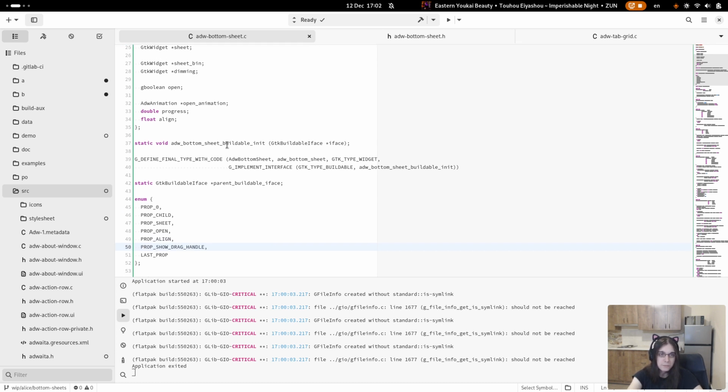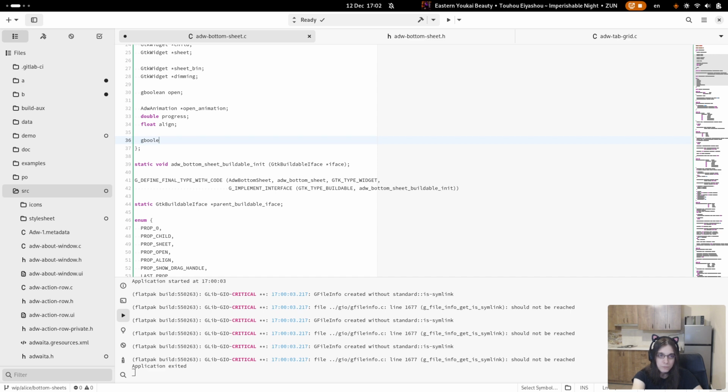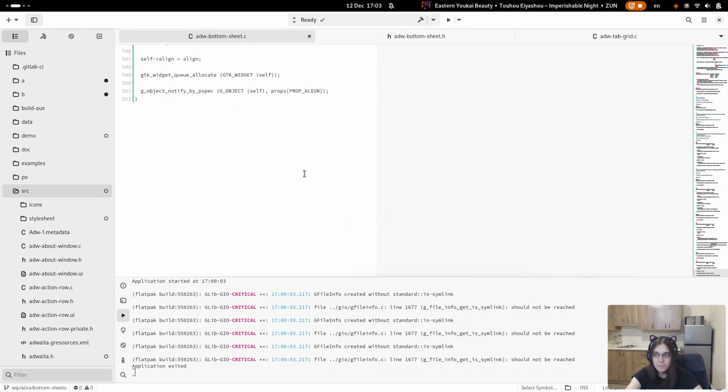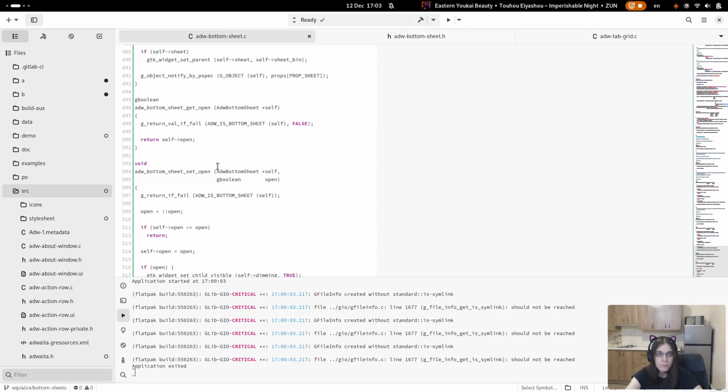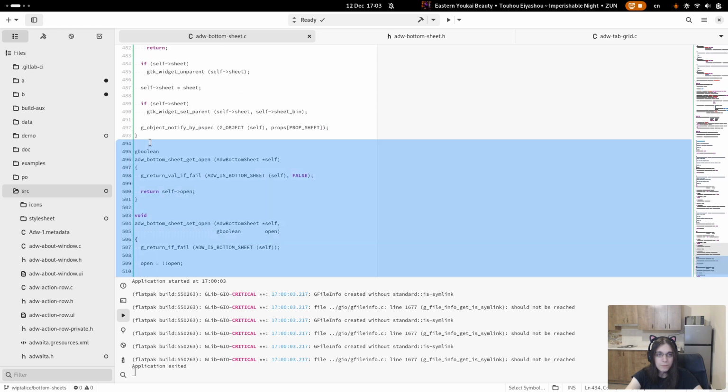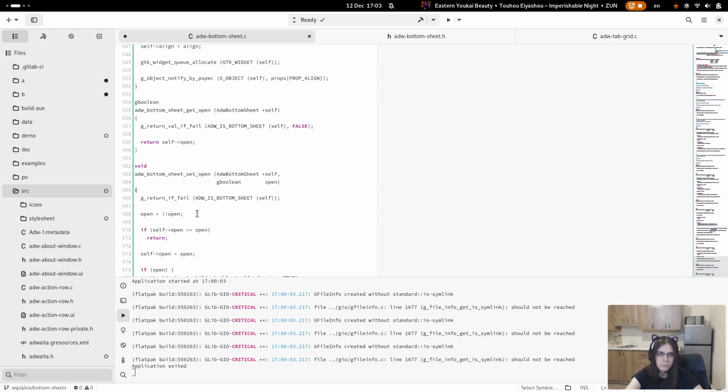Show drag handle. We'll copy this because it's already dealing with booleans.